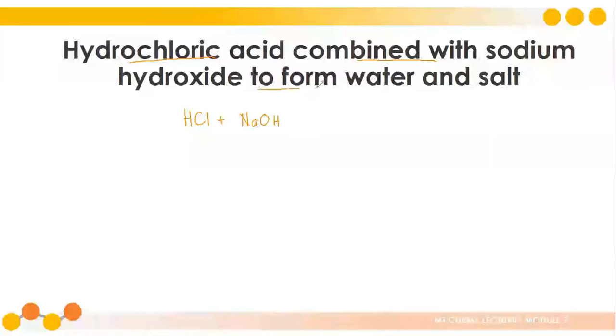To form or to produce, okay, this indicates the arrow sign. Okay? Indicates the transition from the reactant side to the product side. So we have here to form water, which is H2O, and that indicates the plus sign, and salt, which is NaCl. Okay, so we have now our chemical equation. Okay, and then again, we will now proceed with identifying what are the elements in the reactant side